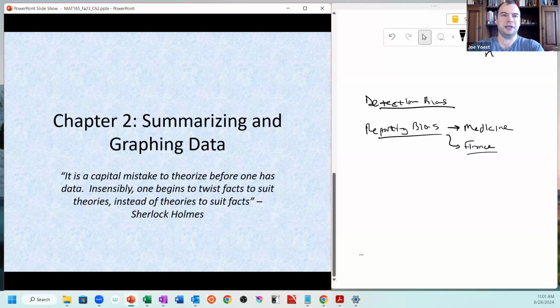And chapters 2 and 3 really look at descriptive techniques for data. So from this point forward in chapters 2 and 3, we're thinking, okay, I have a data set, I have the raw data. We're hoping that it's unbiased, that it was collected in a good way, that the experiment was set up with good design and not introducing these biases into the experiment. So we have the raw data now,